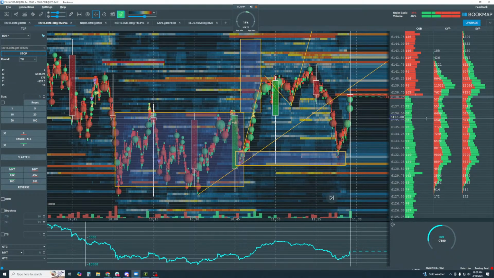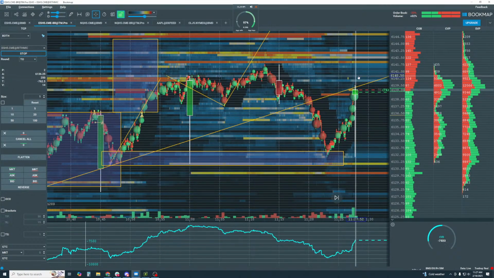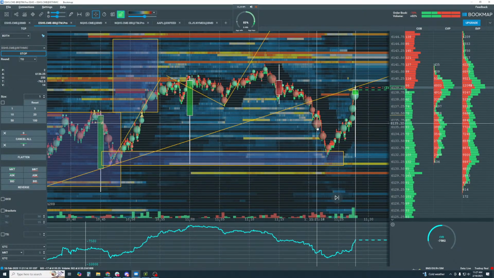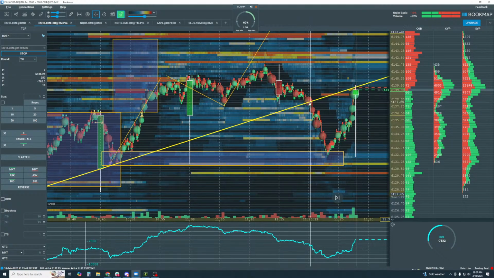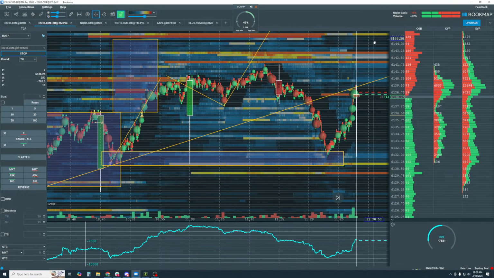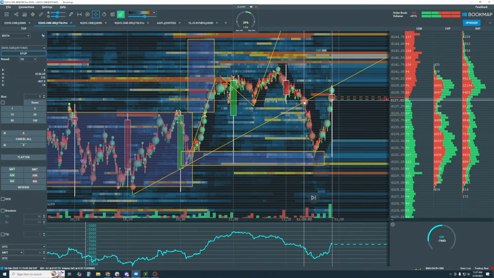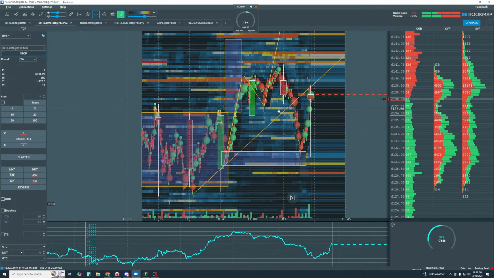Now you can see the battle coming right back in here, with buyers fighting it, taking on these sellers right here. If they can get back up above it, we can even look for a continuation move to the upside. Just think about all of this selling in here. Are these stops getting stopped out, or is it new selling? Well, then we're looking for the short squeeze to the upside. A lot of sellers are going to get it wrong, and we can look for the continuation move that we were looking for earlier, but this is another variation of it.